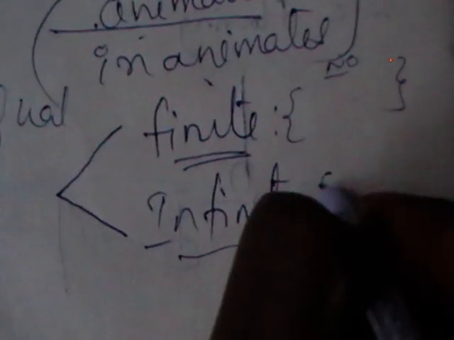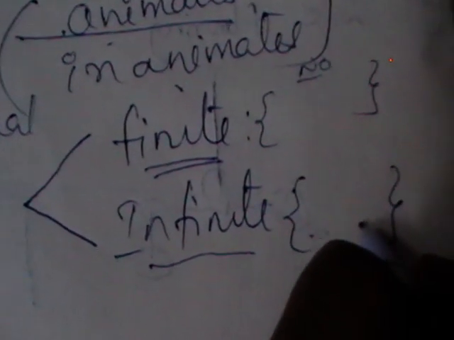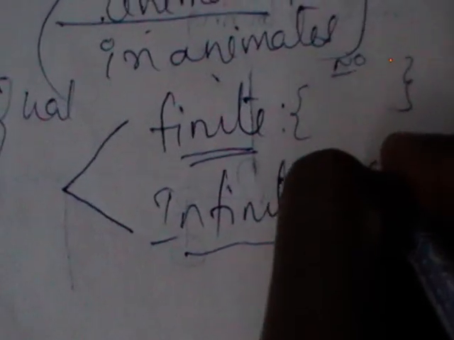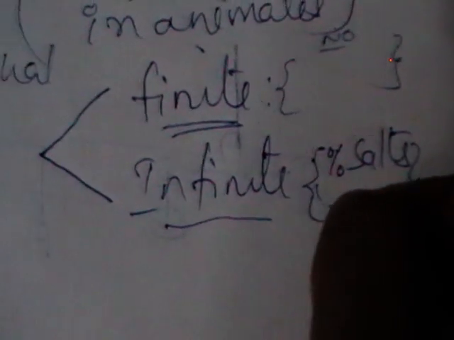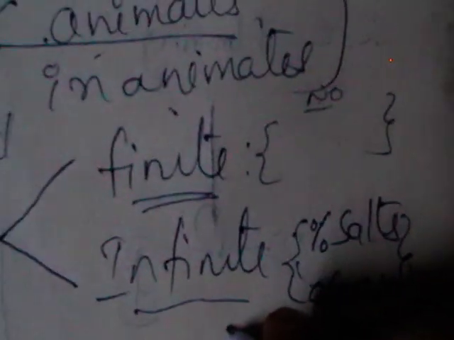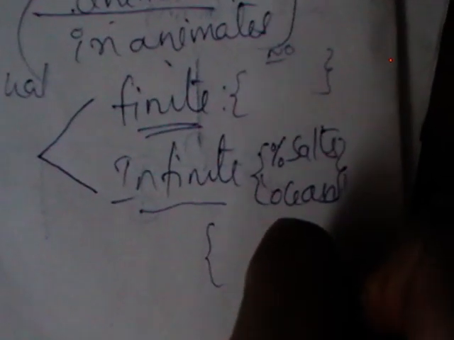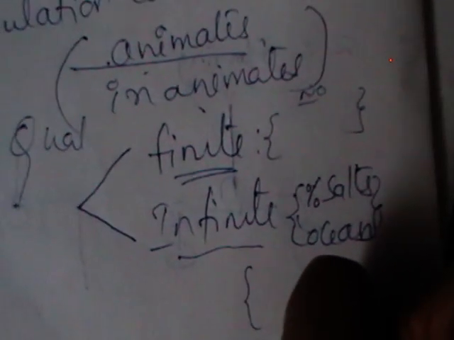When do you come across some of the infinite population? So if you consider the example like if you want to test the number of salts present in ocean or any river or ocean, any water bodies. If you want to test the percentage of salts present in any water body, there the entire water in that particular water body will be the population there. Is the population countable or uncountable? It's clearly uncountable. There the population is nothing but infinite population.